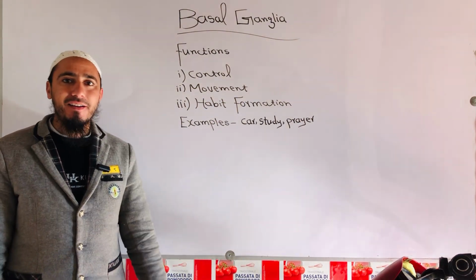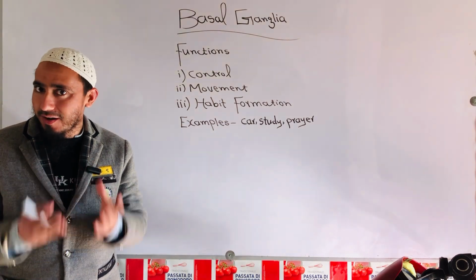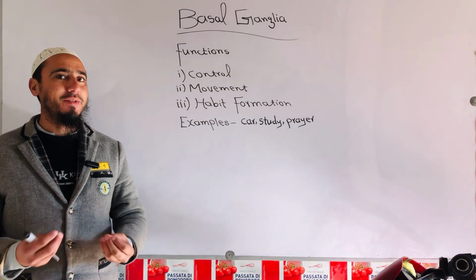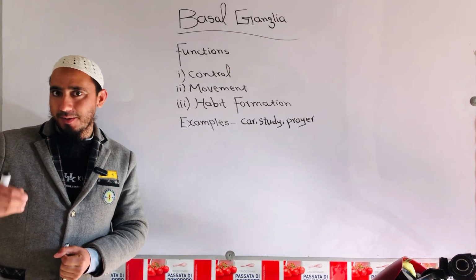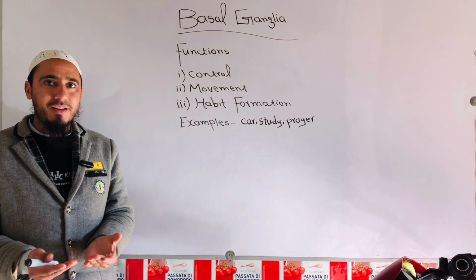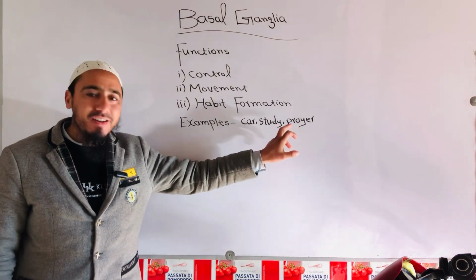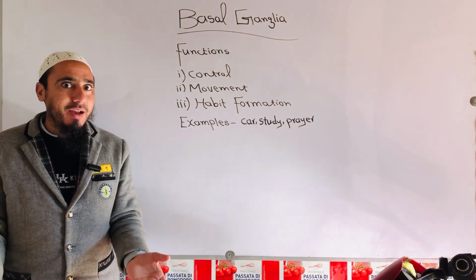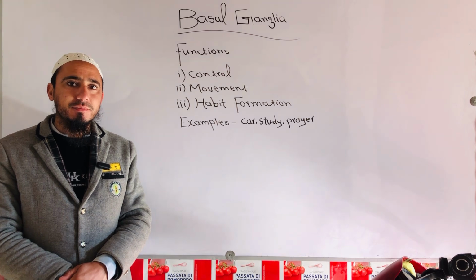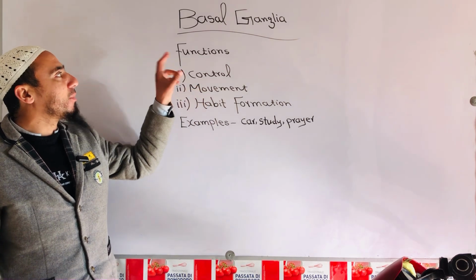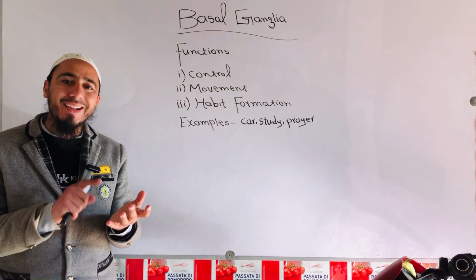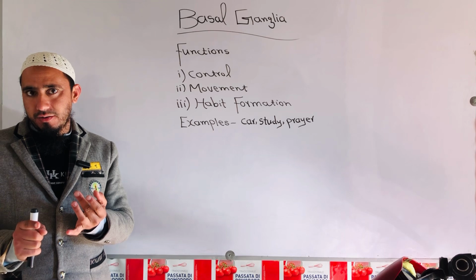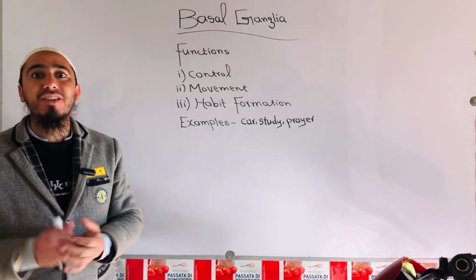The same is the case with prayer. Whenever you get up early in the morning to offer the prayer one time, second time, third time, then your habit is formed. Even, for example, if in these days you are getting up at 6 o'clock according to the Pakistani routine, definitely by that routine every day you will awake. So this is the important function of the basal ganglia, that it reminds you to repeat that action and also makes that action automatic.